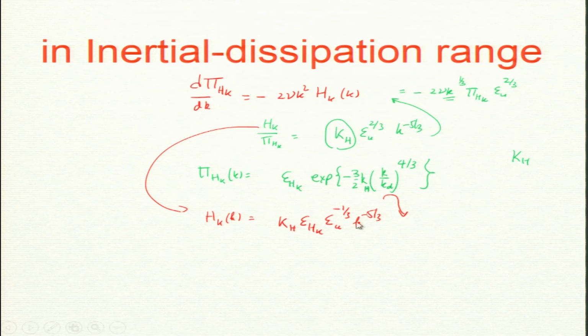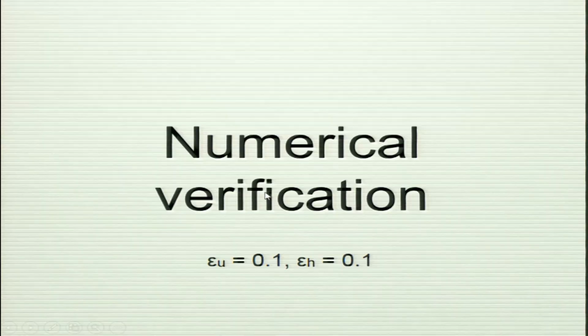This was simulated primarily by Subhadeep Sadhu Khan in the lab. The kinetic energy injection rate is 0.1, and no, this was 0.2 I think. So there is one run without helicity, and one with epsilon h, the helicity injection rate, of 0.2. I will know in the next slide.